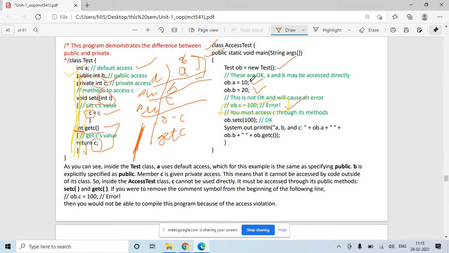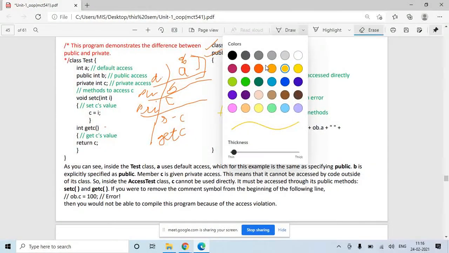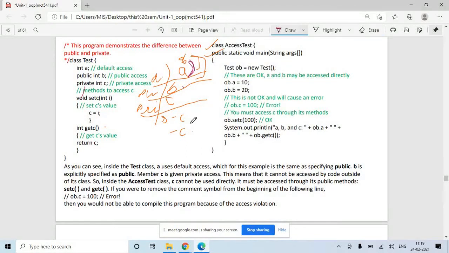Now sir, we can initialize the value of a here, we can initialize the value of b here, but since c is private and if we try to initialize here, it is giving us an error. So is there any way to initialize the value of a private variable? Yes, there is. You can initialize it with the help of a function.